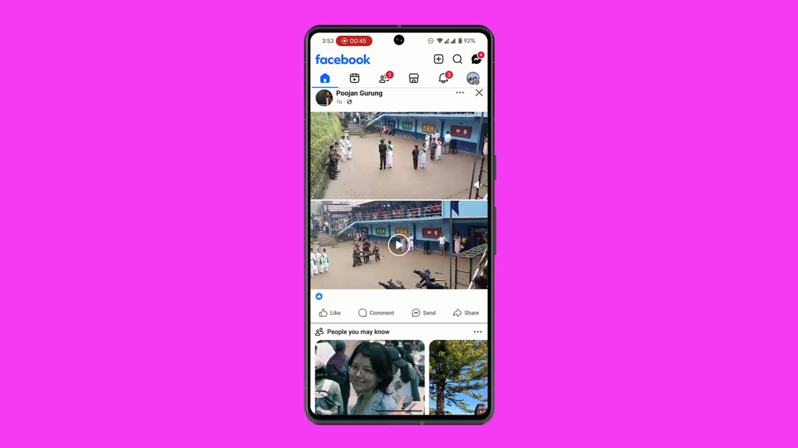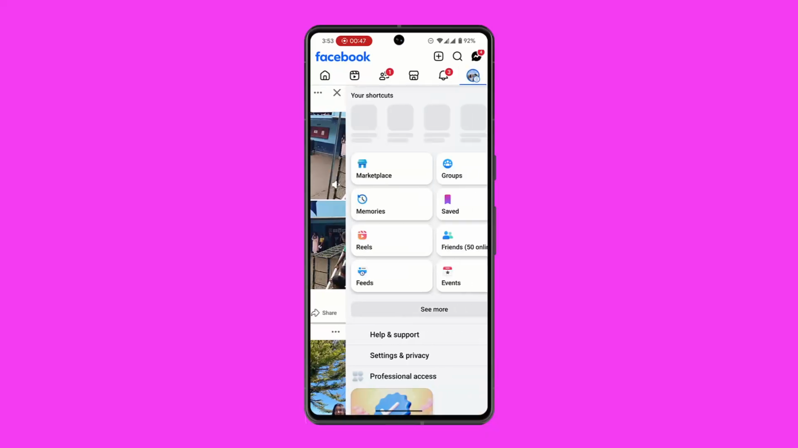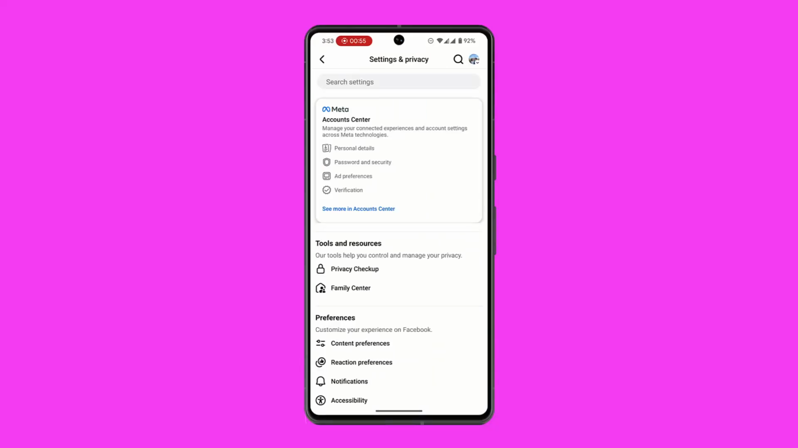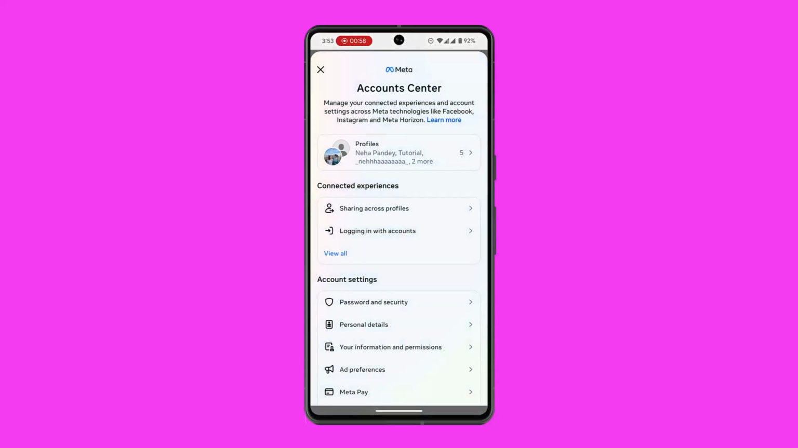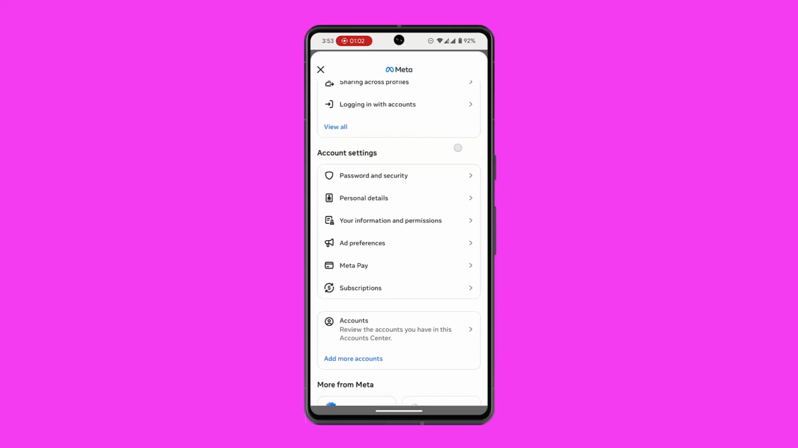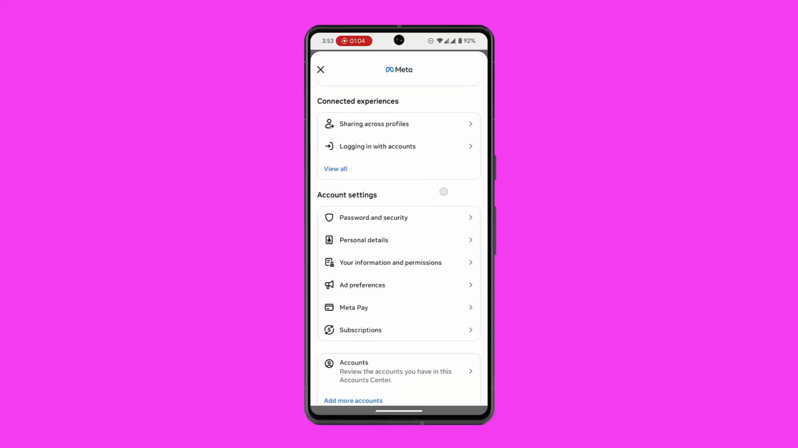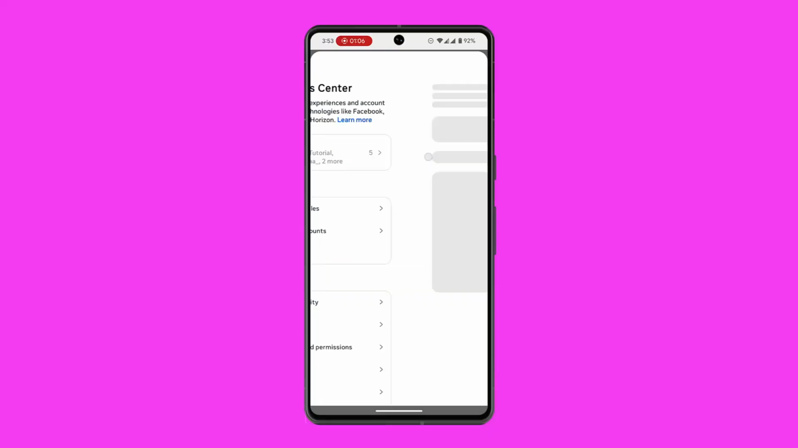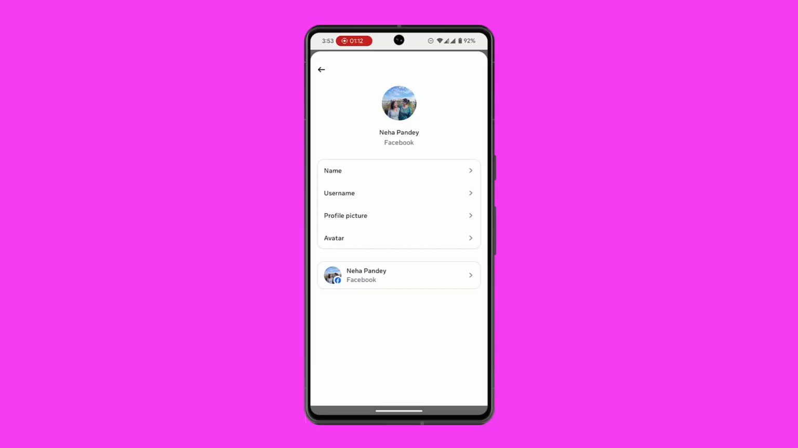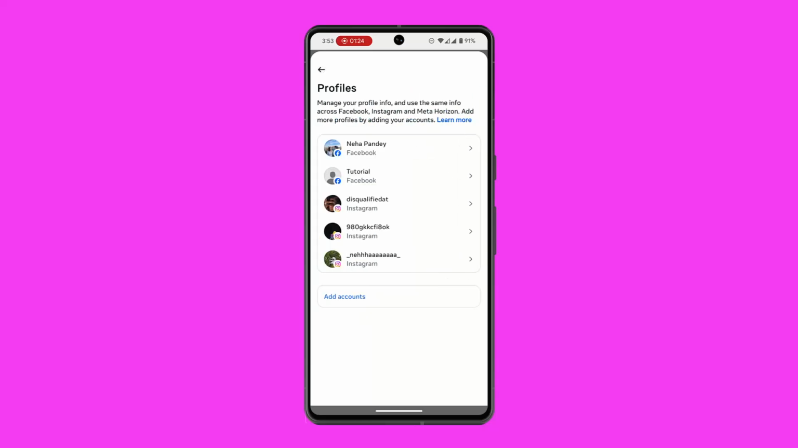So next, click on the initials from the top right hand side corner of your screen, and go to the settings from the page. When you go to settings, click on see more in Accounts Center, which is at the top, and you could find these sections. Here, you could simply go to profiles from the top of the page. As you go to profiles, you could click on the following account,